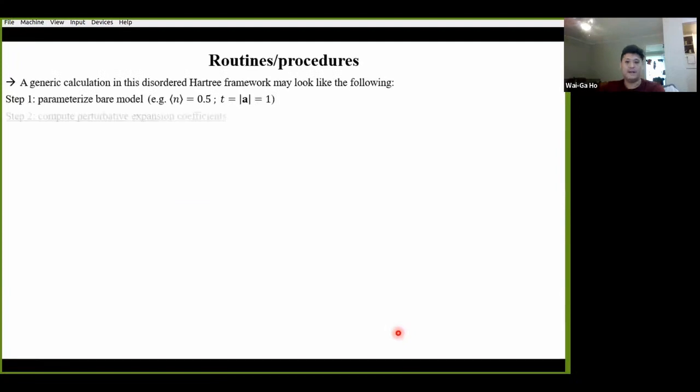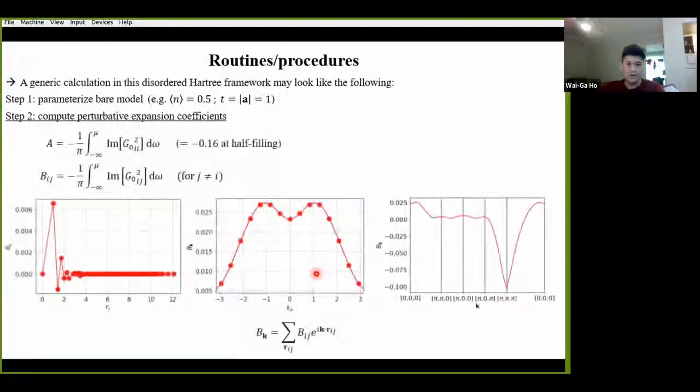All right. Now the next step is usually to take the position Green's functions that we just got and use them to compute the expansion coefficients A and B. So using our earlier definitions, we can compute the A and the Bij's for the same half-filled cubic model, and then also take this opportunity to Fourier transform B over to momentum space, plotted here just along one of the Cartesian axes in k space, and over here just along some k path that actually hits all the high symmetry points in the cubic Brillouin zone.